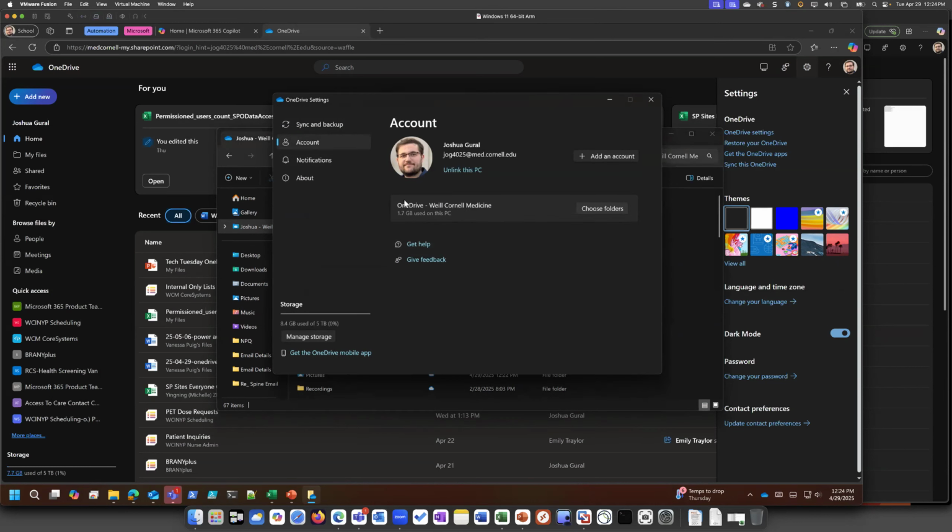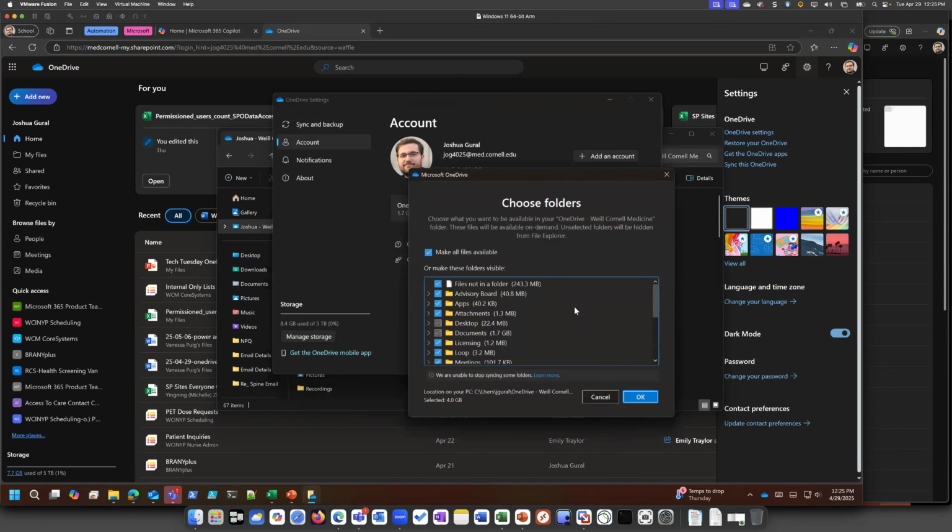So if you want to remove one because you're done with that project or whatever the case may be, the account section here is a great way to see everything you're syncing, and you'll be able to unsync some items as well. Further, for the OneDrive side specifically, which is our talking point of today's session, you can choose which folders you want to sync. So especially for those who've been around for a long time and have rather large OneDrives, you might not even want the